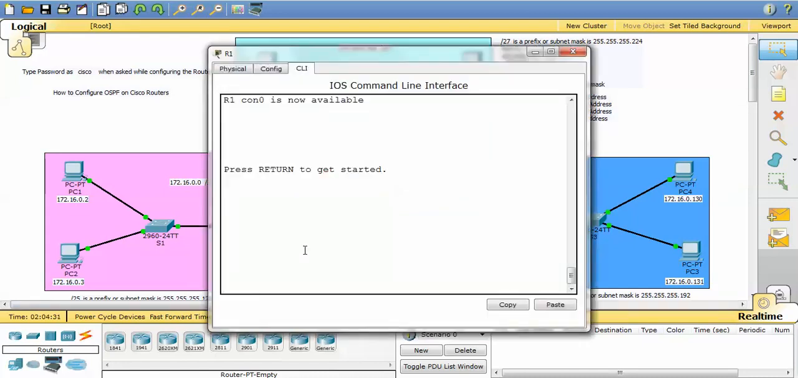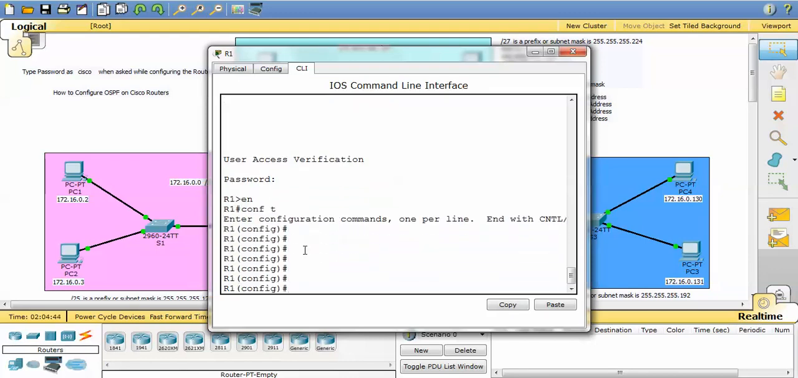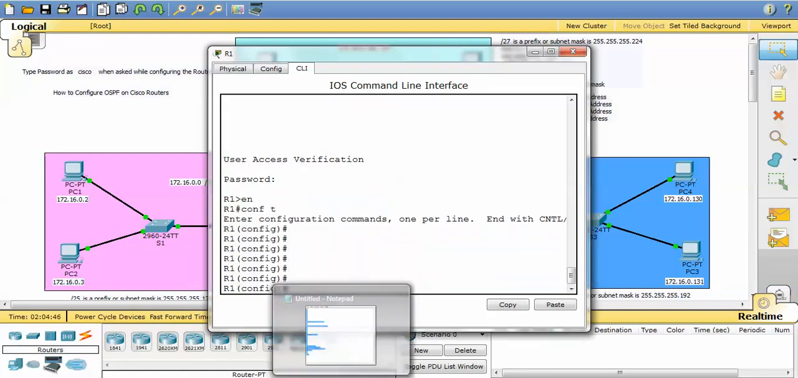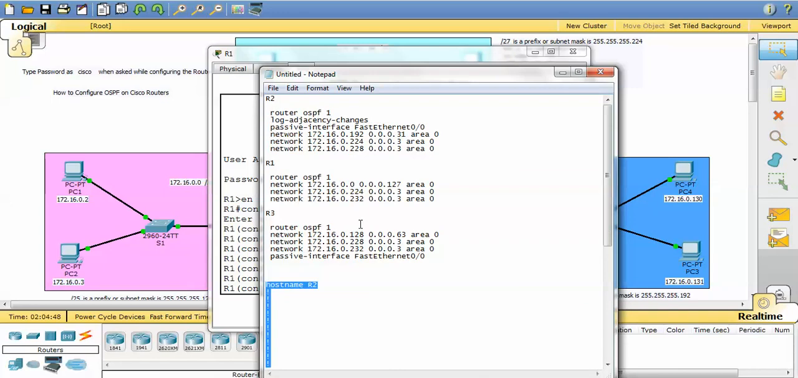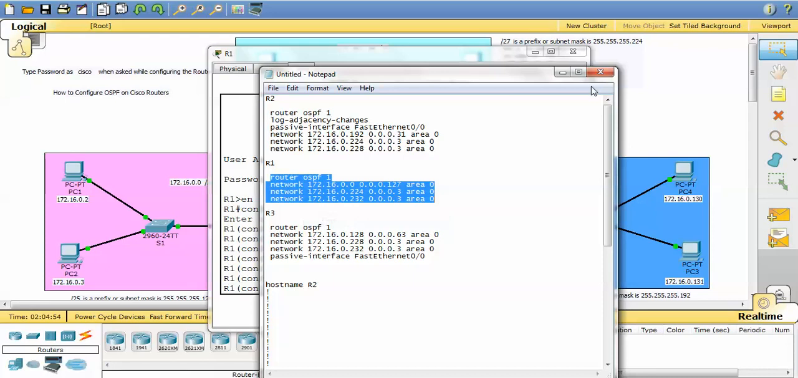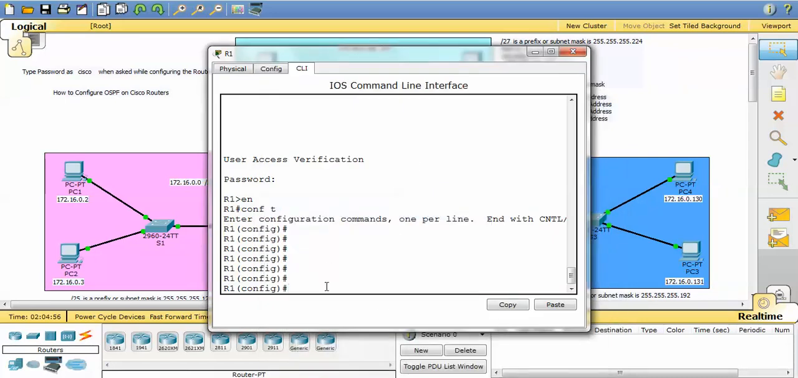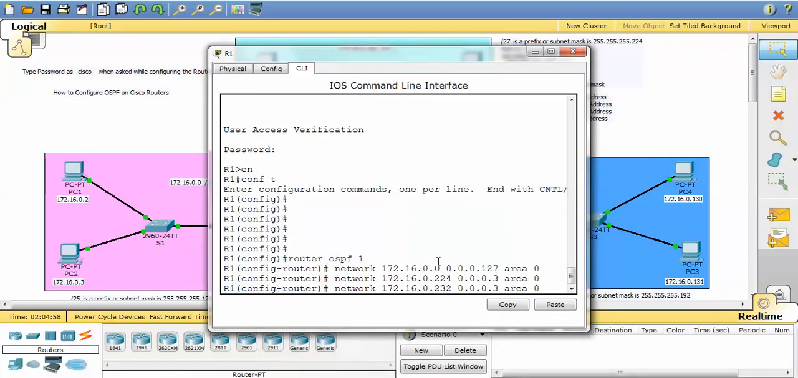So in a similar manner, you have to configure, by the way, the password is Cisco. And on R1 you need to configure this thing. It's the same as that, but